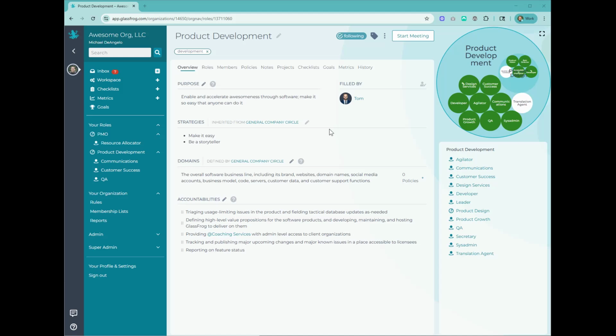The Goals and Targets feature is a paid add-on, and once you subscribe to Goals and Targets, each of the circles will receive a new tab called Goals. Now, the purpose of Goals and Targets is to help an organization increase the alignment across the organization, to help